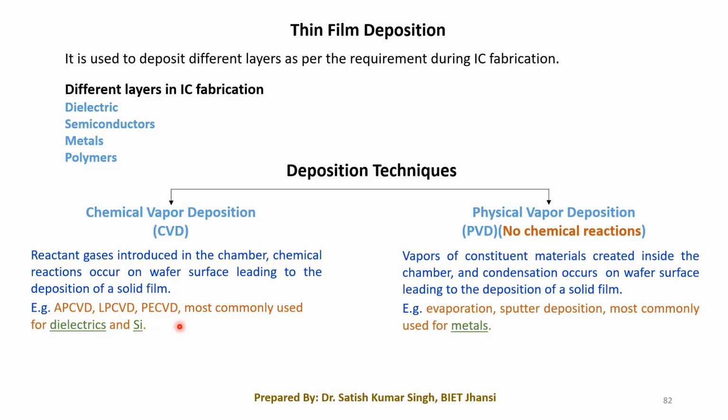Okay, so we can have the plasma enhanced chambers in which we can do the deposition of various layers. Chemical vapor deposition is a very popular technique, and basically CVD is suitable for the deposition of various dielectrics and the silicon layers. So if we want to grow a particular silicon layer or a dielectric, then we have to go for